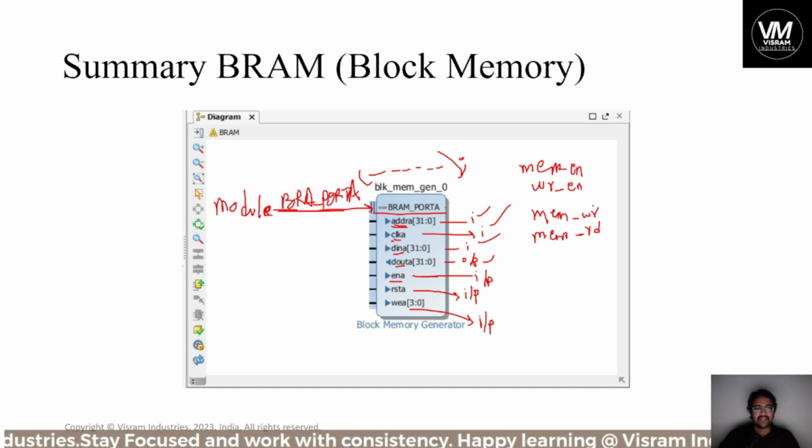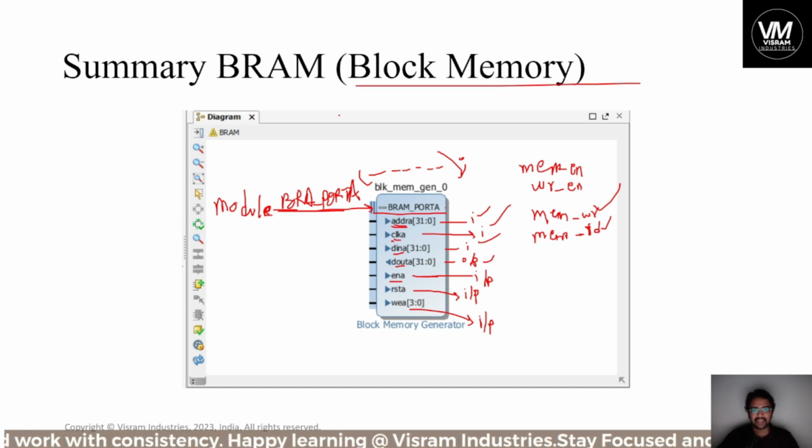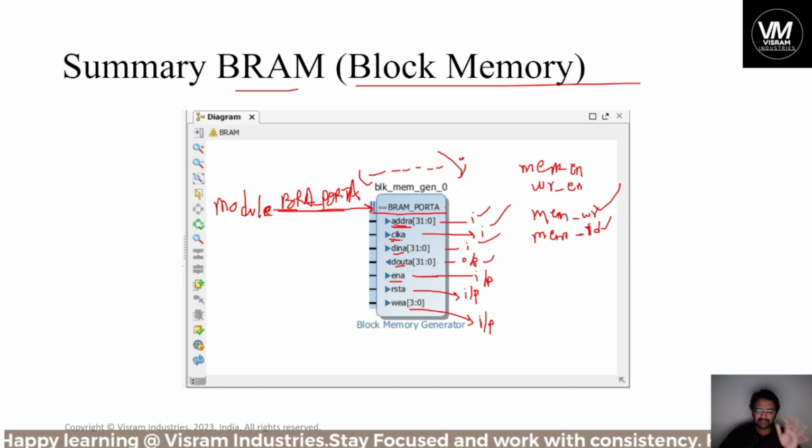Okay, in that way inputs and outputs can be decided. So this is how you can see the inputs and outputs for a memory block. BRAM is nothing but random access memory, and for that you can see all the inputs like address, clock. Remember this: for any module you have come across thus far, and whatever the Verilog HDL codes and test benches you understand, everything runs